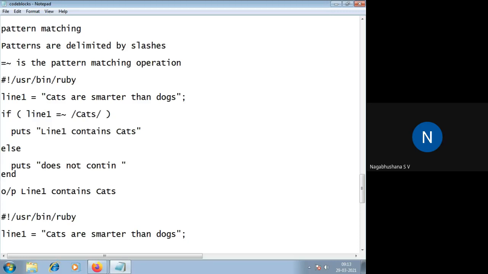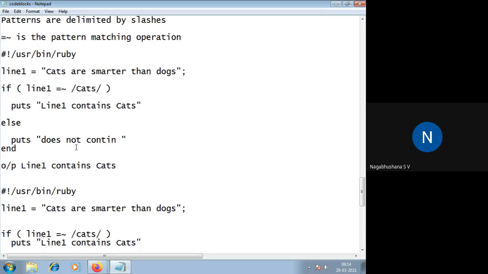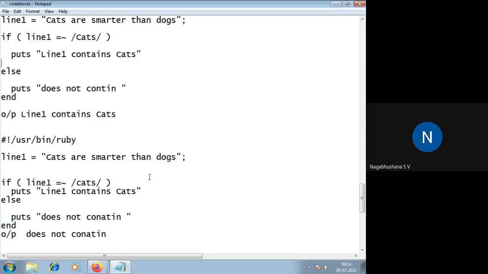If it is available, it will display that line1 contains cats. Otherwise, line1 does not contain that specific word. So the output in this case would be line1 contains cats. This is the first example. Next is the same example.